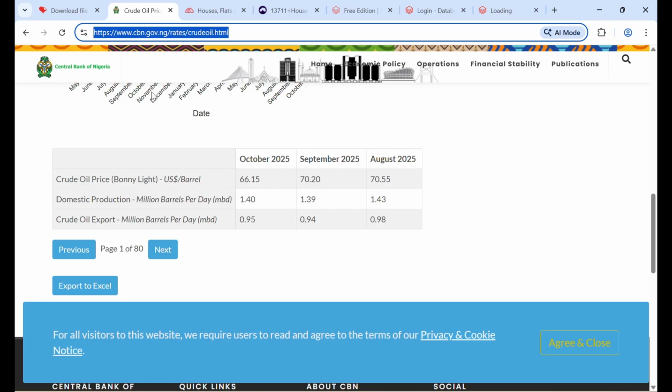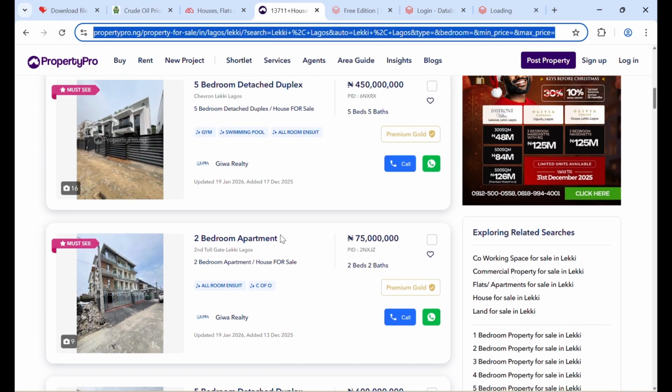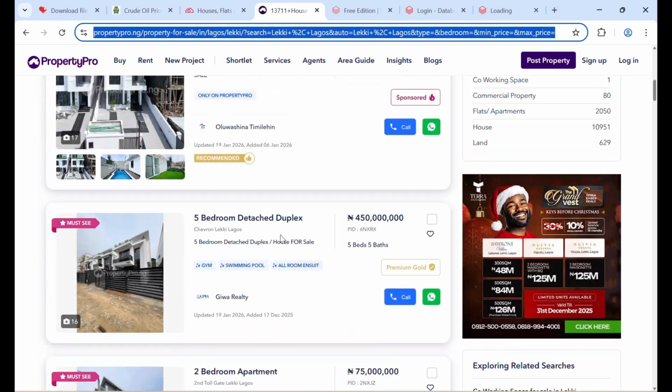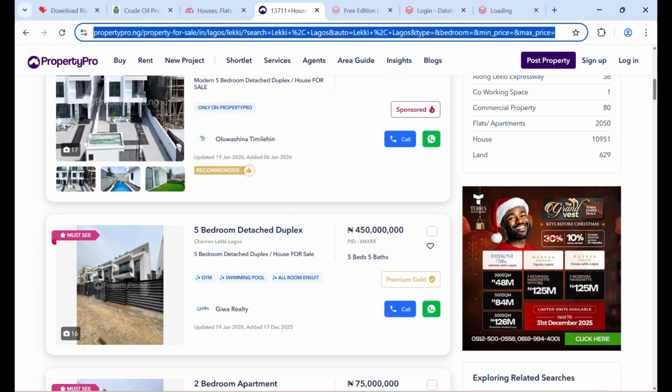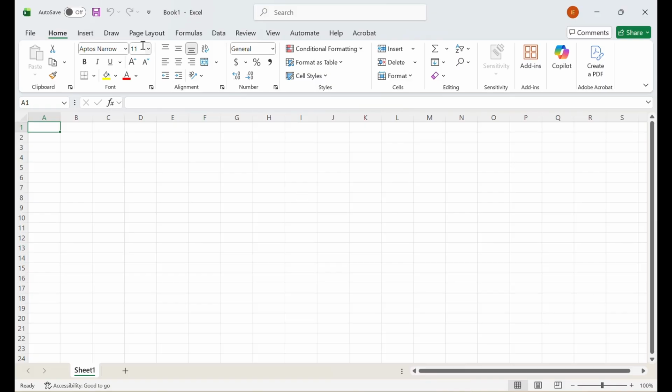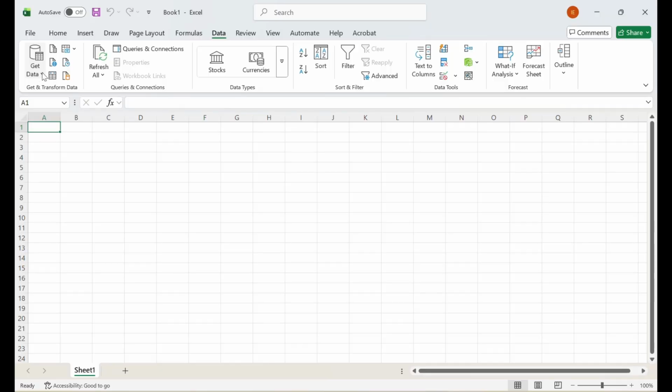So in this video, I'll be showing you how I extracted this table from the CBN website. This table has to do with some crude oil metrics, and I'll also show you how I was able to extract the property prices from Property Pro websites. So let's go on. If you go to Excel and you go to the data tab, you click on get data,